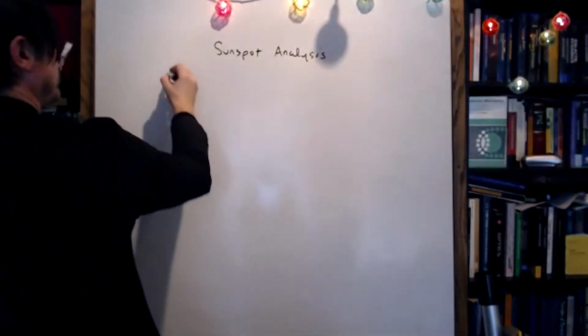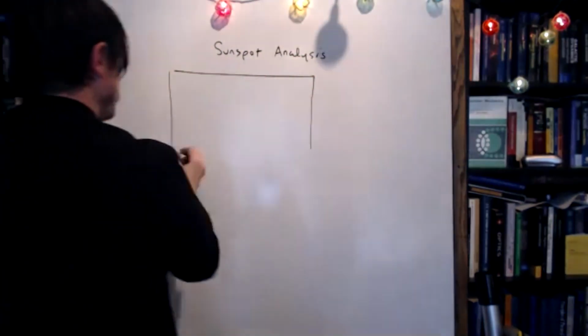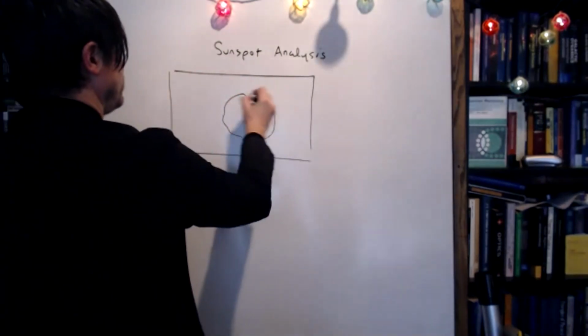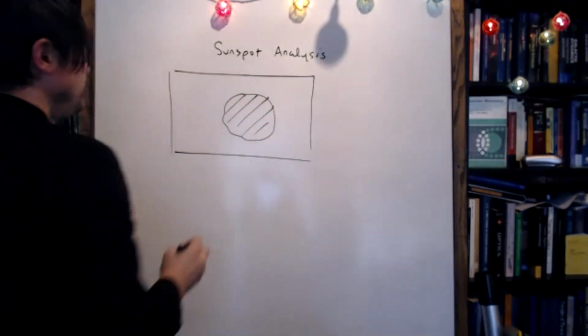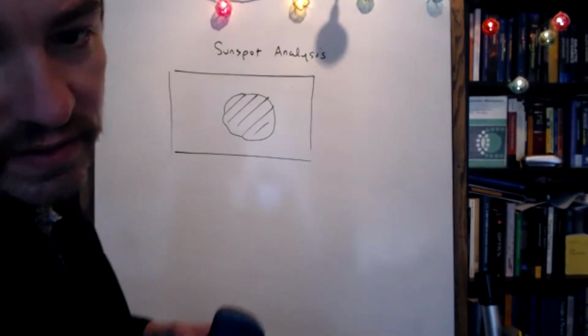Okay, so let's take a square, a little square representing a patch of the sun. And here's our sunspot. Remember that the reason,